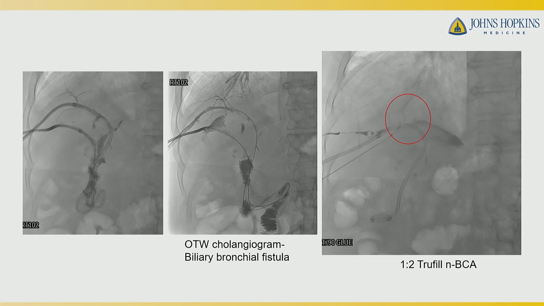As you may recall, his history includes inflammatory bowel disease and multiple surgeries, so he's a setup for fistulization. We had gone through many derivations of how we would actually manage this, covered stenting, coiling it off, things of the nature. And then we came to the conclusion, you know what, why don't we just get some glue into it? So we rewired his superior biliary drain, placed a sheath, used a high-flow Renegade microcatheter, and were able to delineate a small fistulous connection between a tertiary biliary duct and the bronchus. And we glued it with 1 to 2 Lipiodol, Trufil, and BCA, and actually got a great result.